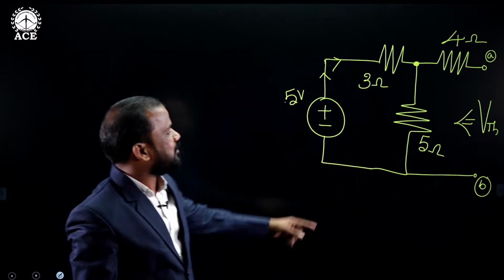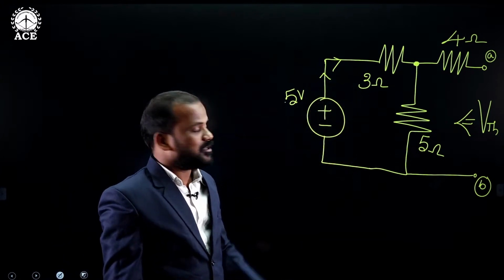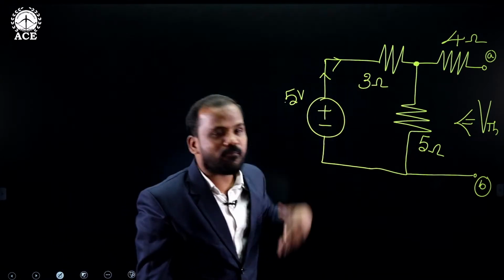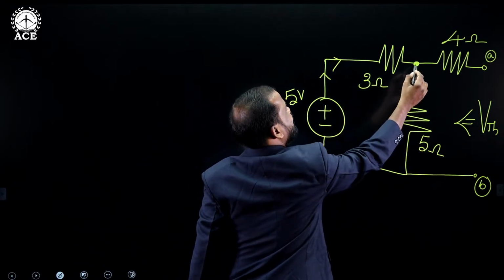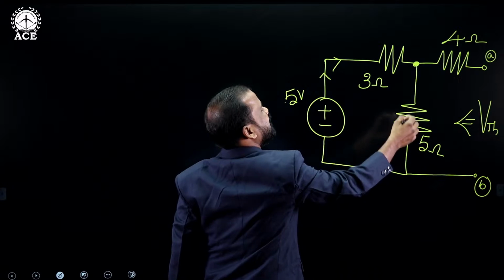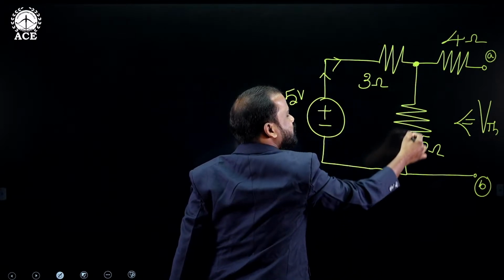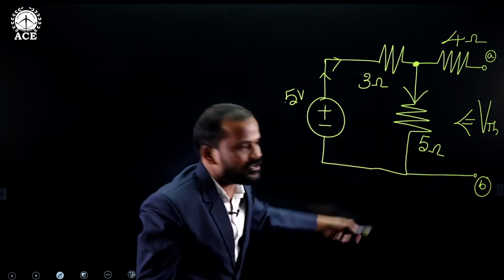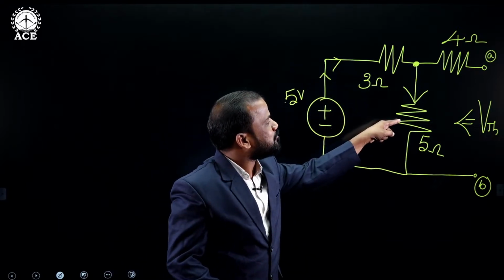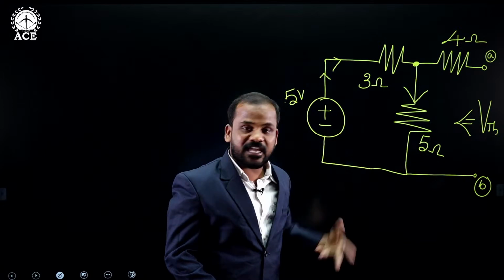But we observe that the 5 ohm branch is a closed path, but that particular 4 ohm is an open path. Because of the open path, whatever the current is there at the junction point, the total amount of current is flowing through 5 ohms like this. Got it? So whenever this current is flowing through 5 ohms, that current multiplied with the value of resistance gives